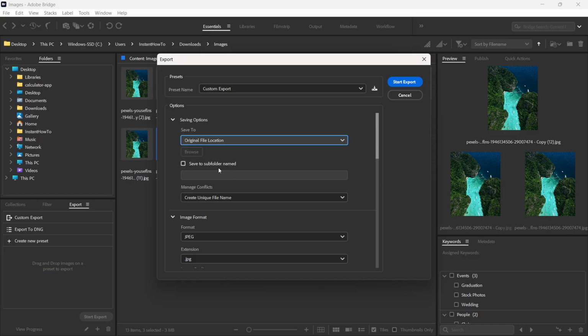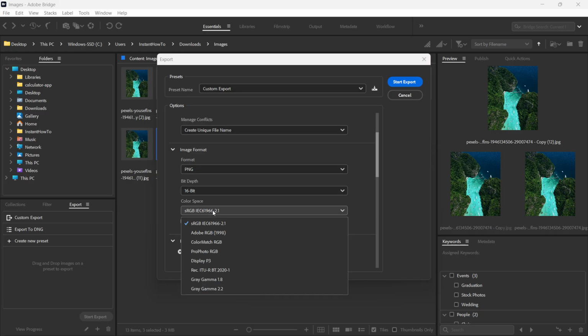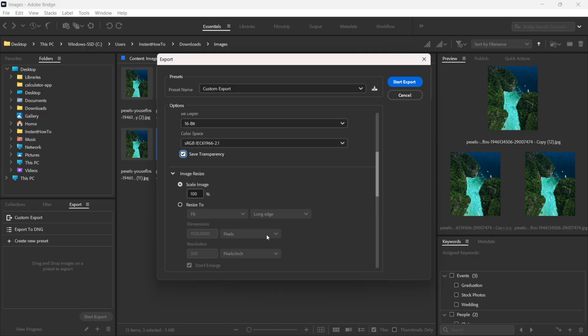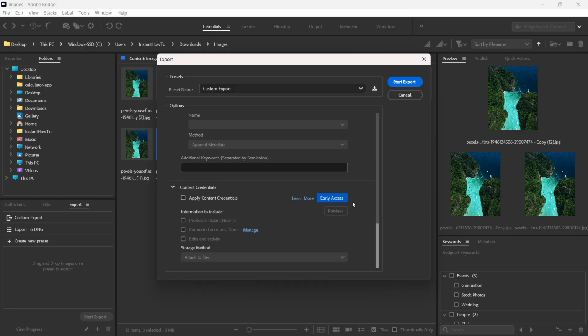Then you can go and save to a subfolder, which you can give a name. You can go and manage conflicts. You can go and select image formats. So for me, I'm just going to go with a PNG. Bit depth is going to be 16 for me, and the color space, I'm just going to leave it as this default, okay? Then you can also save transparency if you want to or not. And then if you want to resize, you could do that too, or you could scale images as well, so completely up to you. And last but not least, you can change metadata down here if you want to, and of